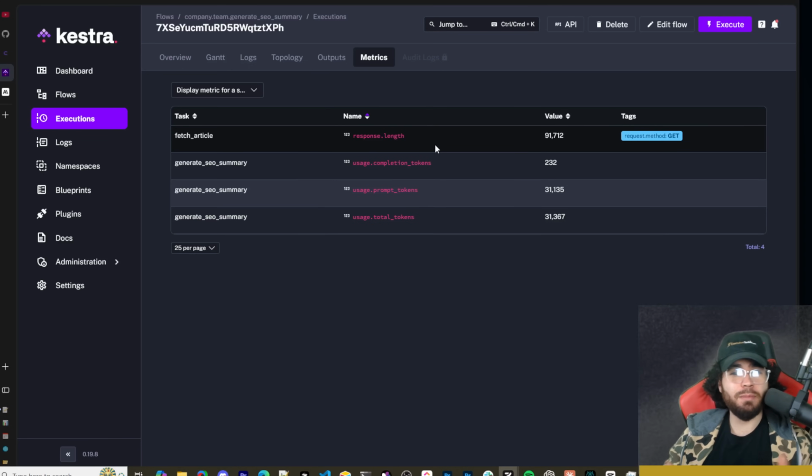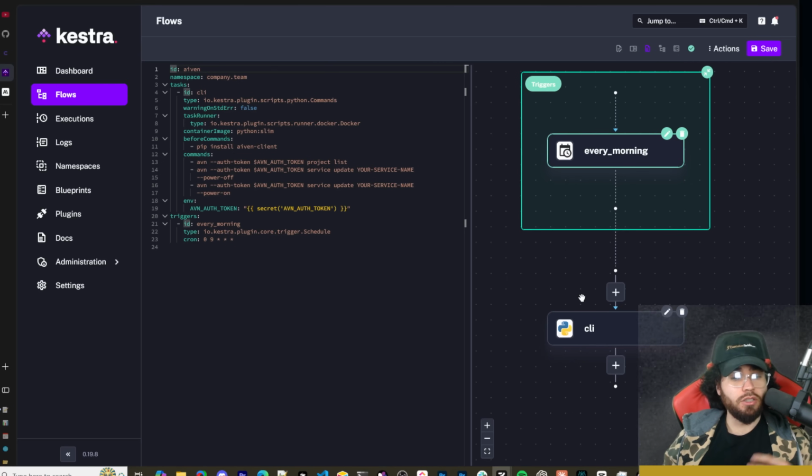If you have any questions, let me know in the comments down below, guys, and let me know what your thoughts are on Kestra. Are you new to this tool, or have you been using it for a while? And if so, how do you think it compares to some of the other automation tools out there, such as Zapier, Make, n8n, Trigger.dev? I've done videos on all these different tools, and I'm very excited to continue using Kestra